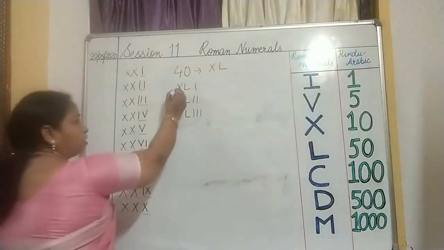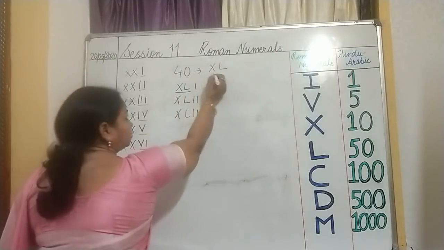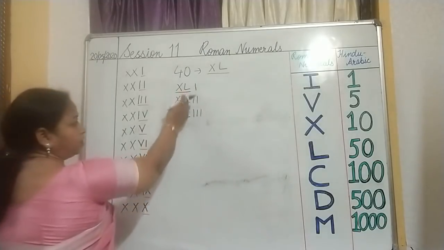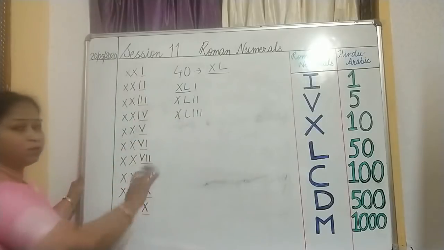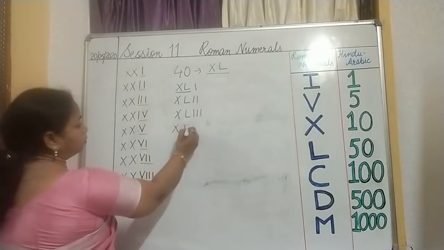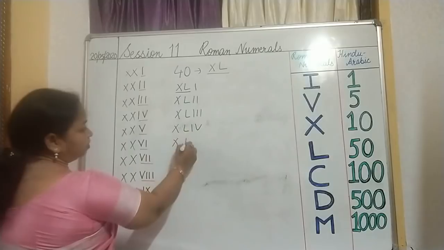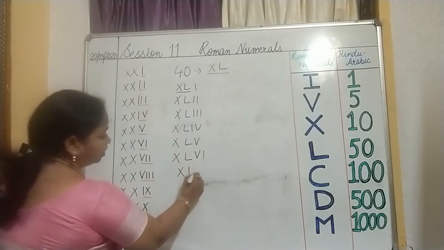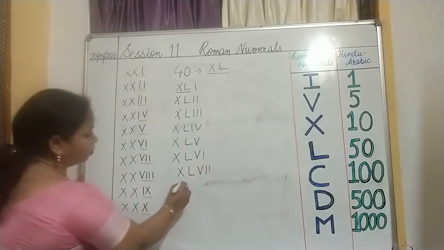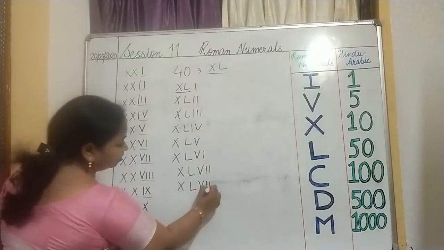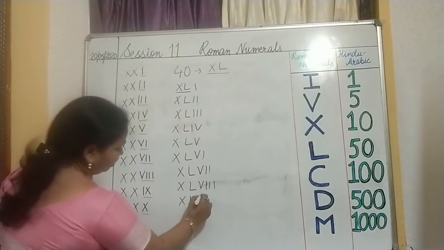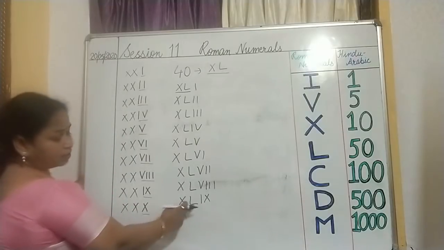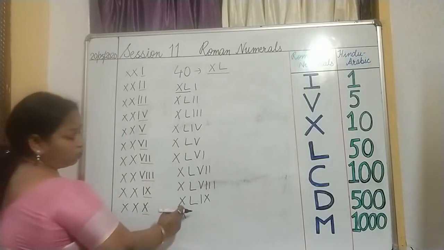Understood? Once you get the formula that 40 stands for XL, you can just write down this XL and this very series will be repeated, and it becomes so simple, children. Just see, nothing much we are doing, isn't it? It is fun, really fun. If you want to learn, you can learn in this way, and it doesn't require anything extra. Now it is XLIX. I have reached 49.